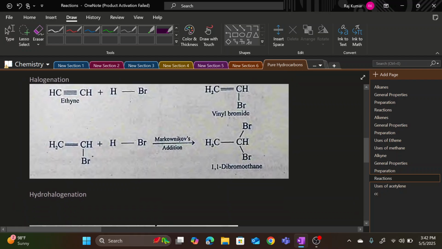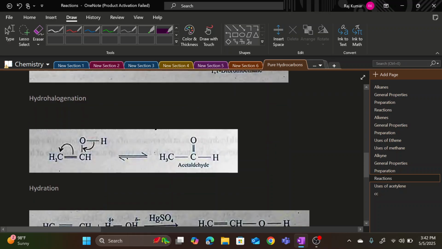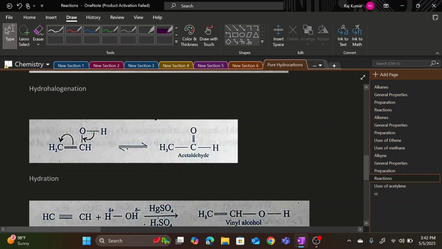And then we have hydrohalogenation. Hydrohalogenation, in which again, when we are going to add hydrogen bromide, it will first produce vinyl bromide, and when we are going to further react vinyl bromide, it will produce dibromoethane. After that, we have hydration. Hydration actually happens